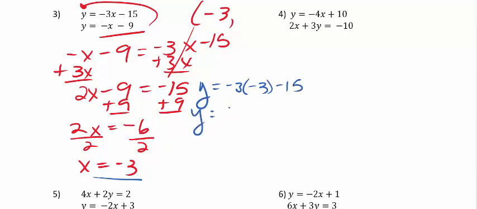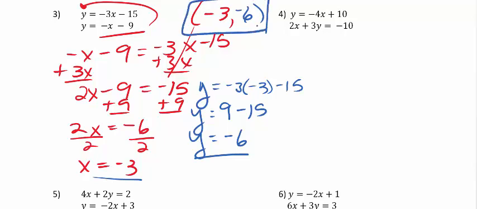-3 times -3 is a positive 9, and then 9 minus 15 is going to be -6. So our y is -6. We can plug that in here, and our solution is (-3, -6). That's the point where those two lines would cross if we had graphed them,